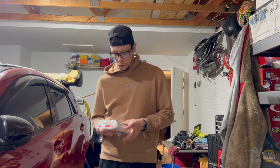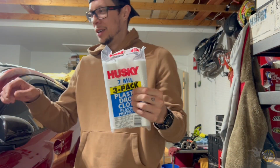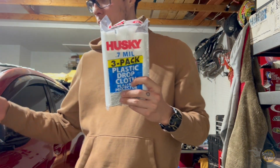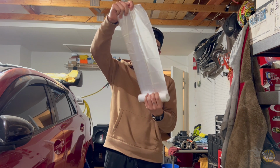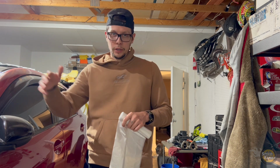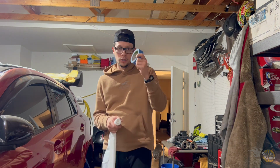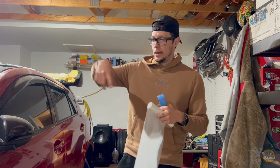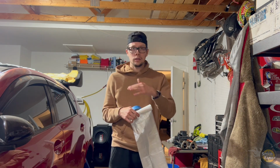Nice, Speed fam. Went to Walmart, picked up a little bit of this, just some plastic cover. What I'm gonna go ahead and do is just to keep everything safe inside of the engine bay. You know, I don't want any metal shavings from the strut tower to be going into the engine bay. So let me open it real quick. So basically it's just like a big old plastic sheet, and we'll go ahead and block everything off that we need to. I'm gonna go ahead and time lapse it so that way you don't have to stick in with all that. What we're gonna do is we're gonna be using some tape. We'll be using some of this plastic sheeting, and we'll go ahead and cover the engine bay. Try to get everything as clean as possible. So if you drill it out, there's no metal shavings